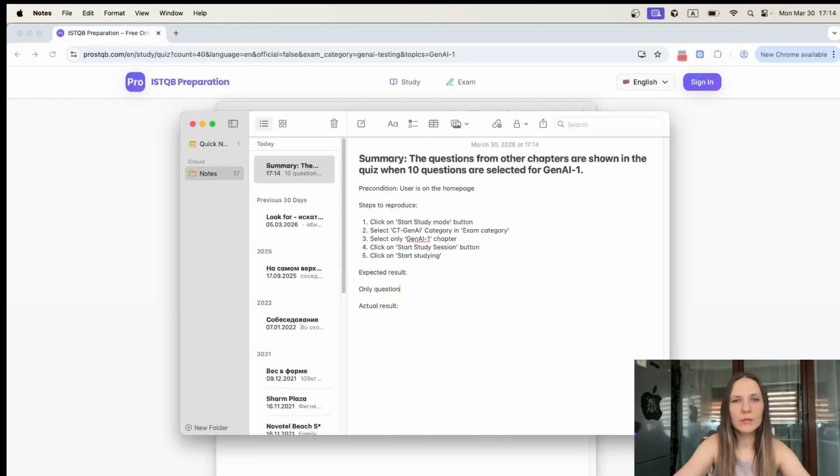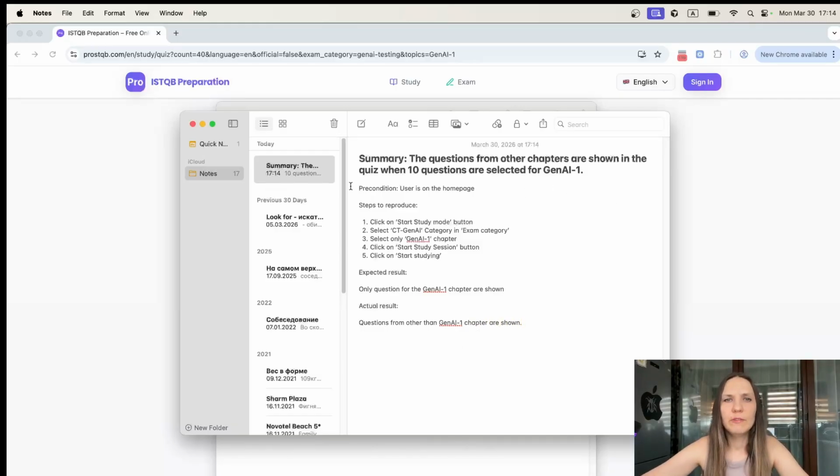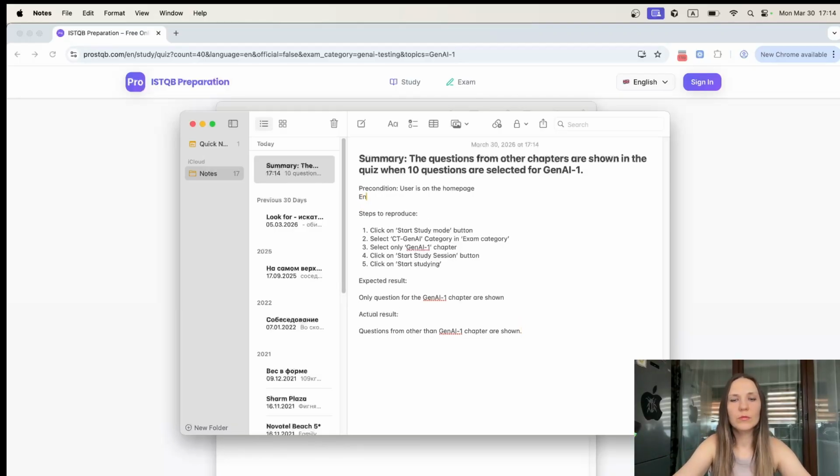Expected: only questions for the GenAI 1 chapter are shown. Actual result: questions from other than the GenAI 1 chapter are shown. Okay. As to the environment, of course, this is also the standard to